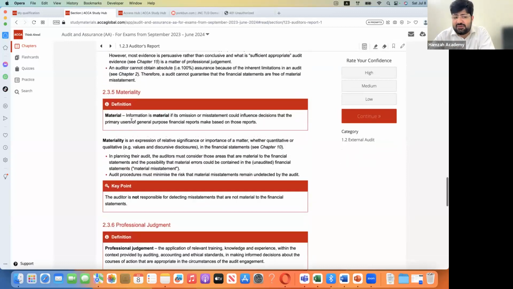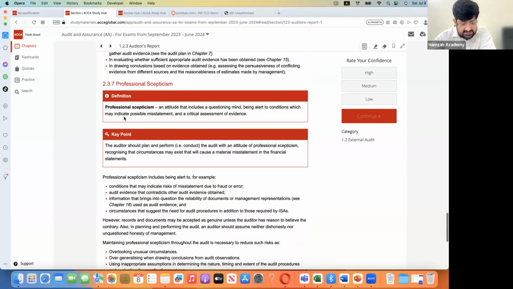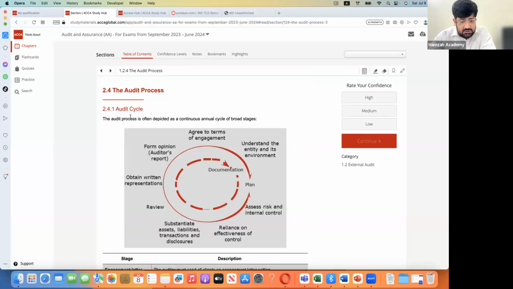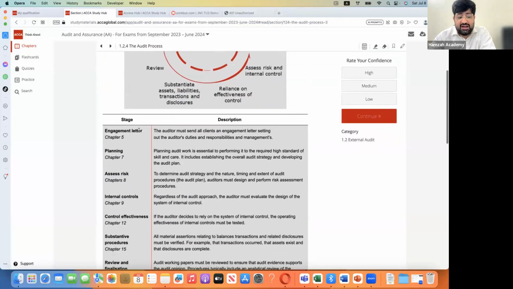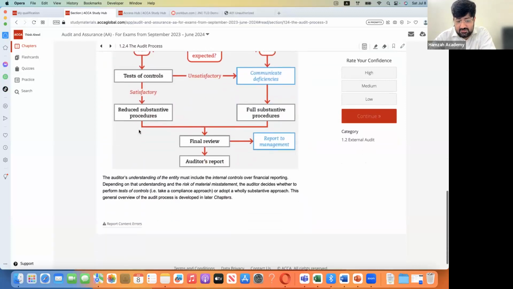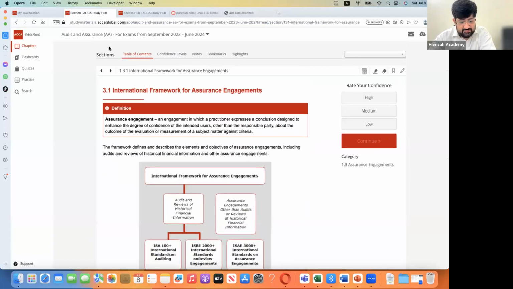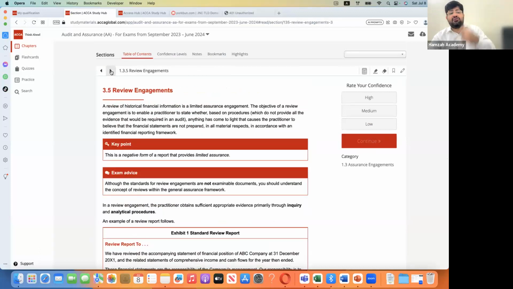Now, a few terms I will explain. Yes, materiality, I have to explain a bit. Professional judgment, skepticism, I will explain these terms. Okay. So, yes, this is the full syllabus overview, which I have given to you already in another form. Now, audit process. Elements of assurance engagement, types of assurance. Okay, a few terms which I have not explained to you yet. I will explain those terms.